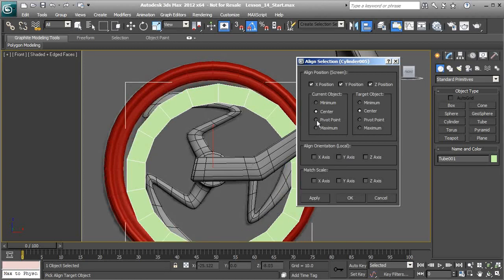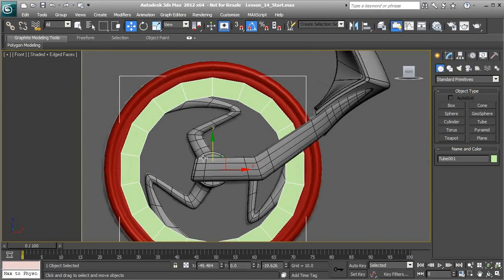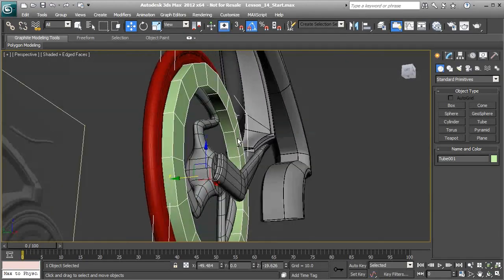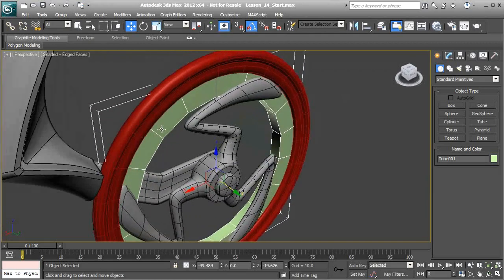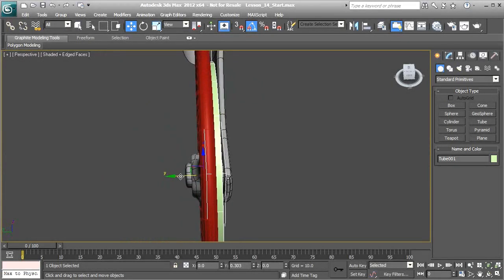And you know what, let's go ahead and do pivot to pivot because the center point seems to be off on one of these objects. So we'll hit OK here. Let me actually go to perspective and just kind of check that out. And it is off. It's kind of off to the left here. So let's go ahead and just move this and just try to center it up the best that we can